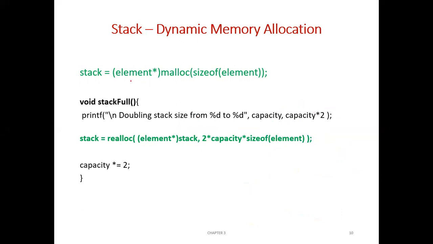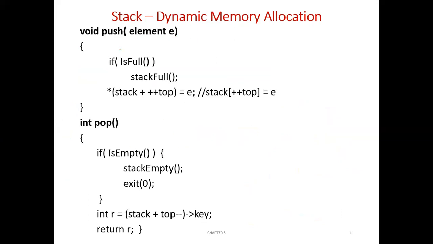Okay. So this is the statement which will initially allocate memory for holding one item in the stack. And whenever the stack is full, this particular function will execute and it will double the stack size, retaining the original memory location and its original value. Okay, right. And what are the other functions we'll discuss. So push, this is the push function, which will take an element of type E. So before pushing, we check whether the stack is already full or not, is full. Okay, this is very similar. The code for is full is very similar to that of the normal stack.